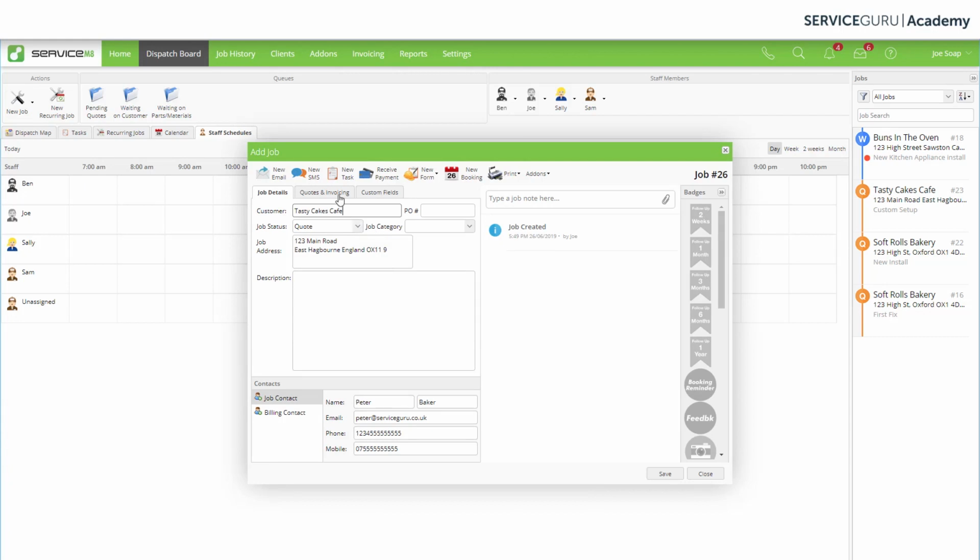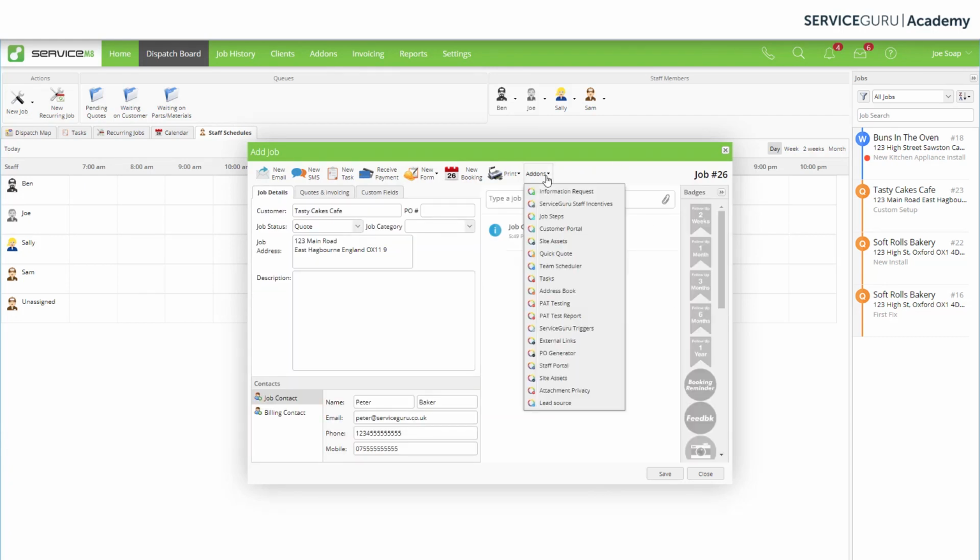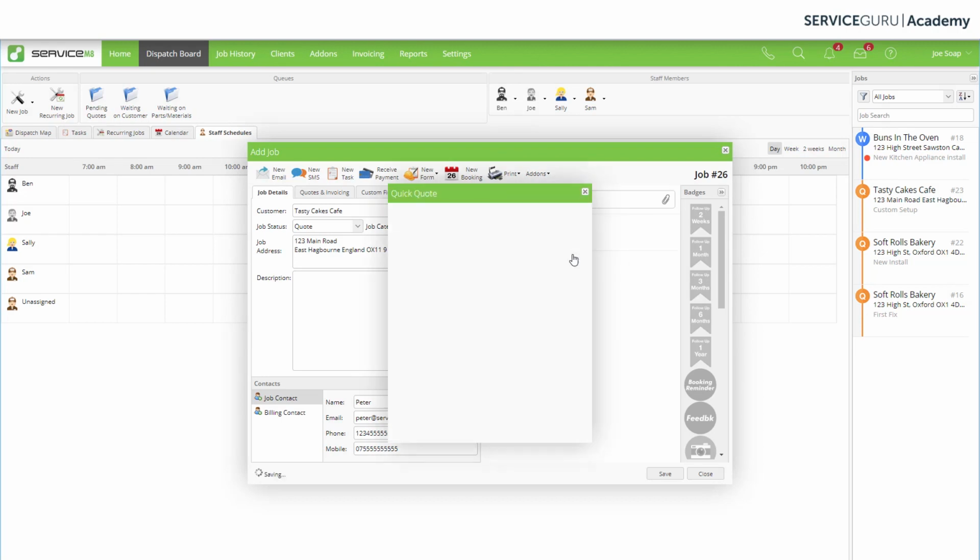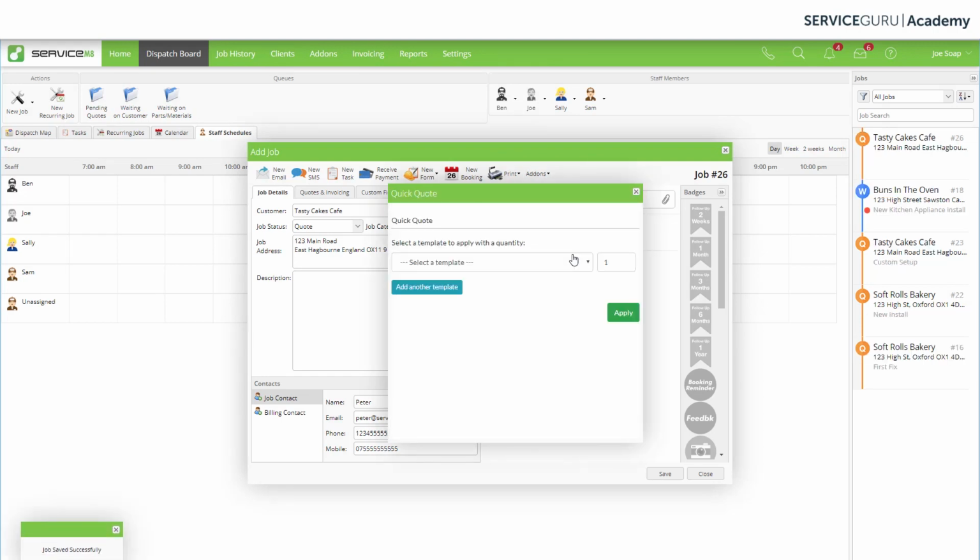And so this is a completely blank job card. We've simply applied the customer's details. Next, we go over to our add-ons. We go over to our quick quotes, and this is where we can build out our quote for our customer. So we're going to say that this customer is looking for an oven install. So we're going to select the oven install, but they also want, and this is where the quick